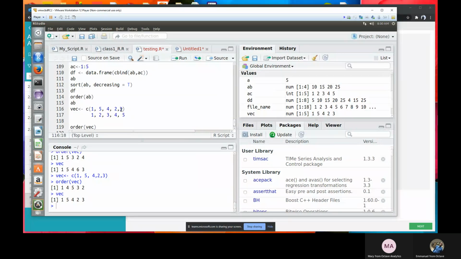So if this is the vector I created, this is just the normal position of it, 1, 2, 3, 4, 5. So 1 is 1, 2 is supposed to be 4 if it followed that particular order. Is that what is here?